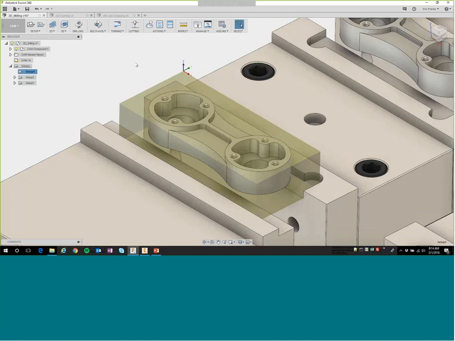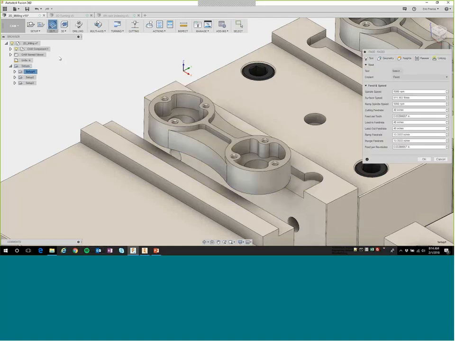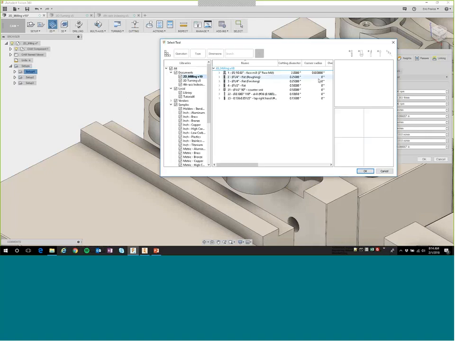So now that we have our stock set up, probably the first operation that we would normally do from a 2D side would be a face operation. So we want to go in and select our facing tool. We do have a pretty substantial tool library that's provided for different materials, both inch and metric, sample holders, probes if we need those, taps for both ANSI and ISO, some turning tools,